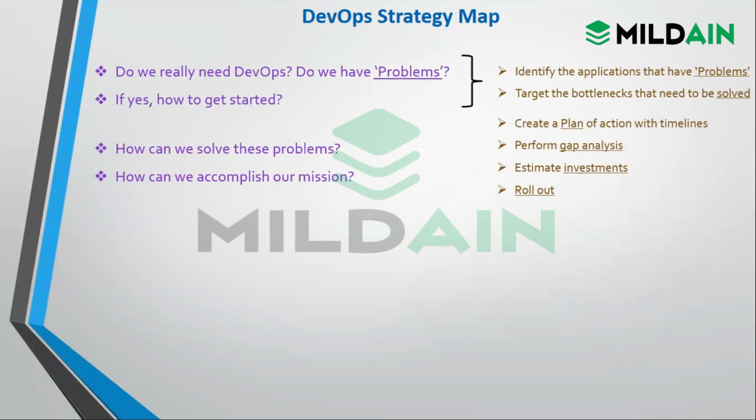When we do the assessment, we identify the applications. Now we don't take just any applications. We look at the applications which have frequent releases. We take those applications and see what the application architecture is, how it's working, and what process is being used by it. From there, we find the bottleneck.